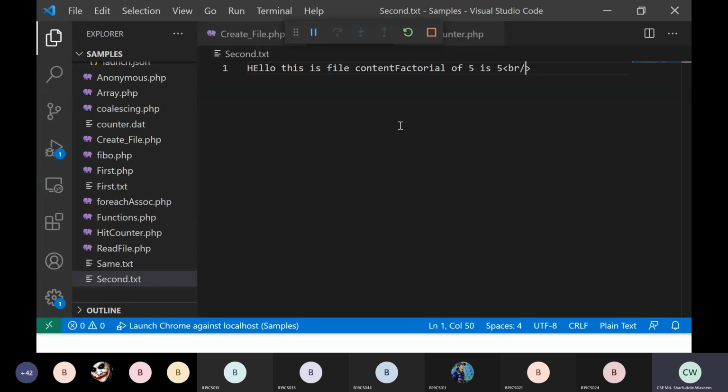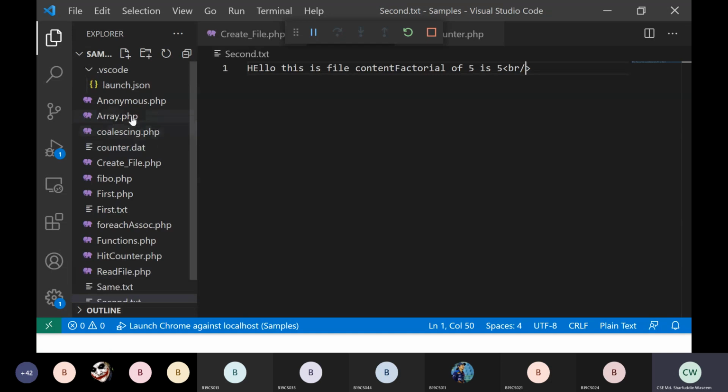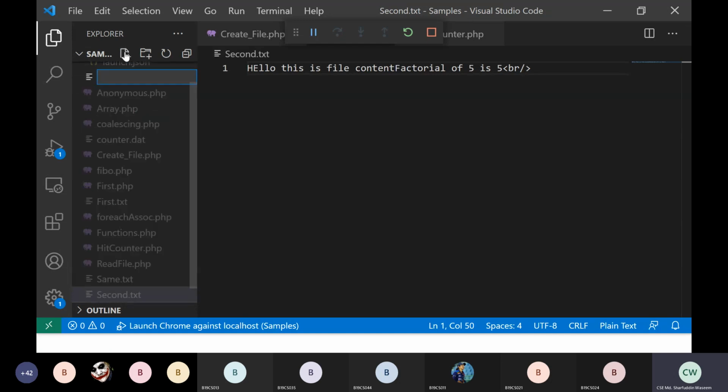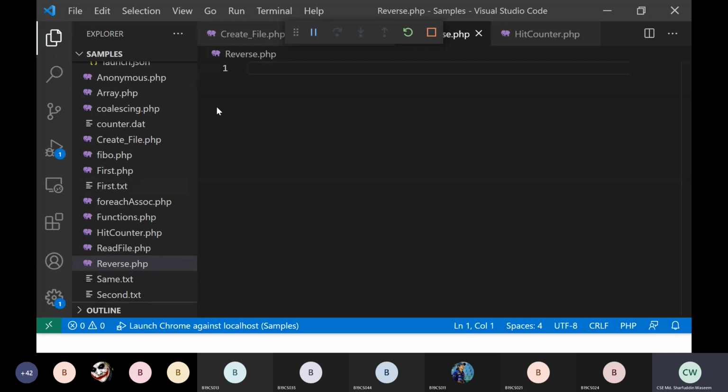Right, so I hope now you got it. What we are trying to do now is, sir, I want to create a new file. Yes, created. I want to find the reverse of a given number. Reverse.php. Now we try to create an HTML